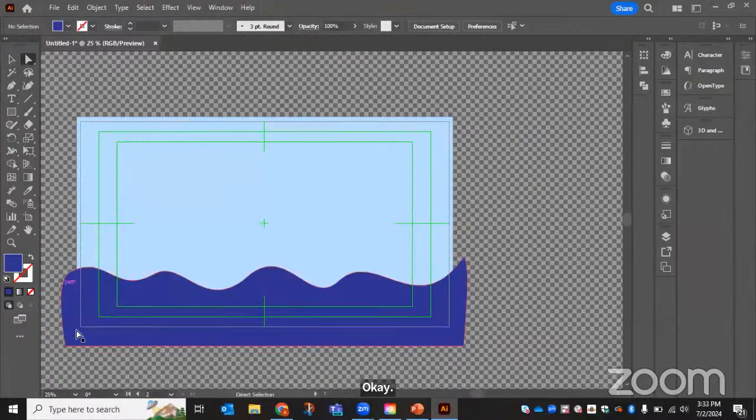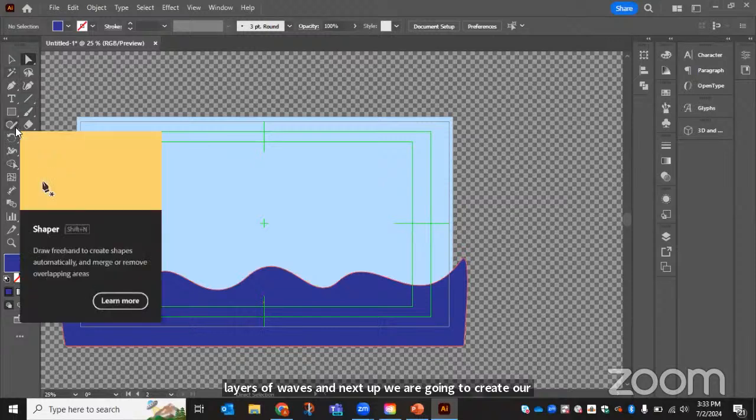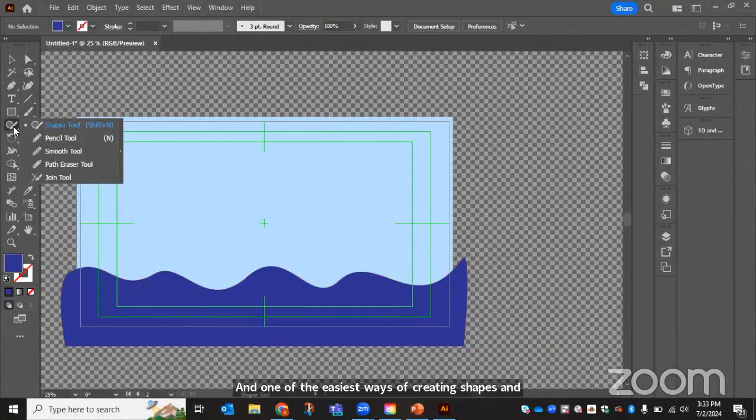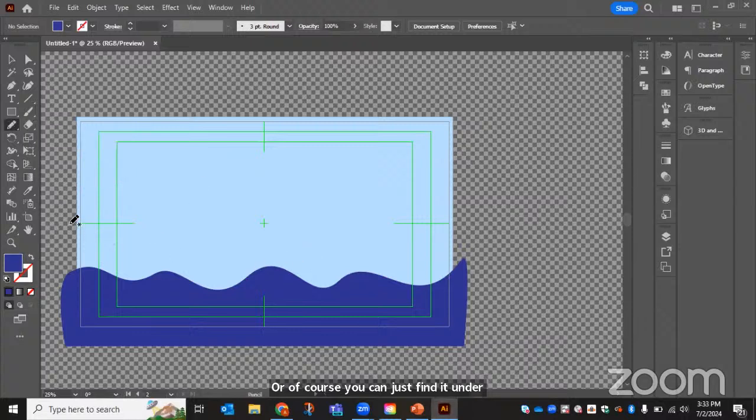Next up, we're going to create 3 layers of waves, and we are going to create our middle layer of waves. One of the easiest ways of creating shapes in Illustrator is using the pencil tool. The pencil tool is usually hidden under the shaper tool, but if you hit N on the keyboard, it should automatically choose the pencil for you. Or of course, you can just find it under the shaper tool. The pencil tool works just how you would expect. You are going to click and drag,